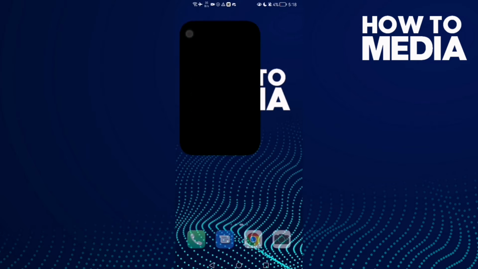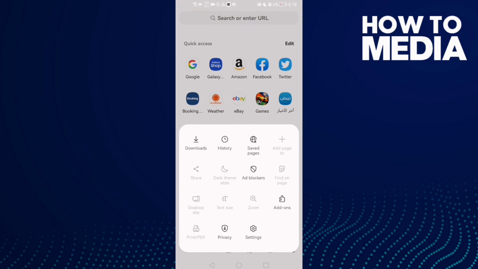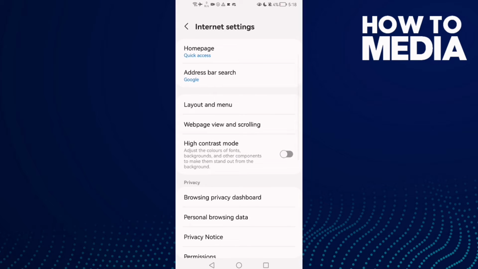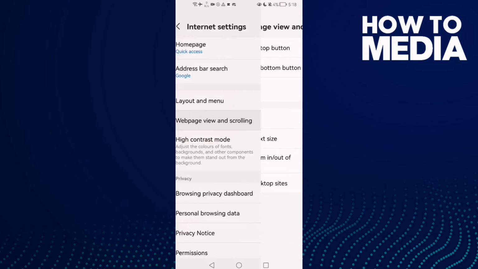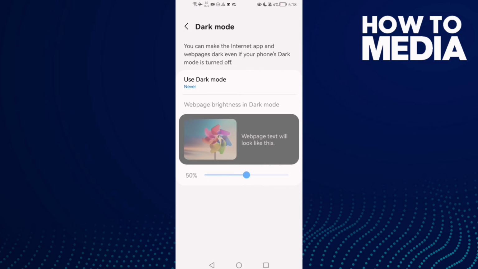First thing, go to the browser and now just click these three lines in the bottom corner and click settings, and here you will find web page view and scrolling. Click on it and then just click dark mode and click use dark mode and click always,